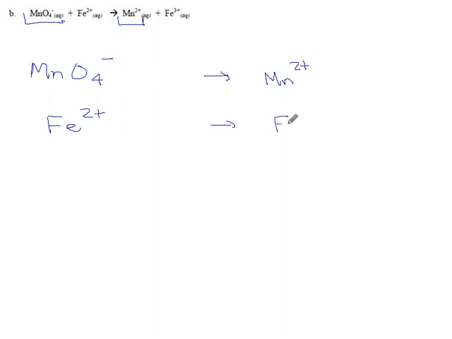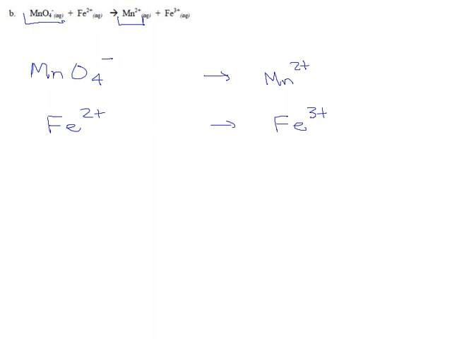Let's try another one, see if we can remember all the steps. So step 1 is split it up into 2 reactions. We have one story here that's about manganese, and another story that's about iron. So MnO4 minus, arrow, Mn, iron 2, iron 3,